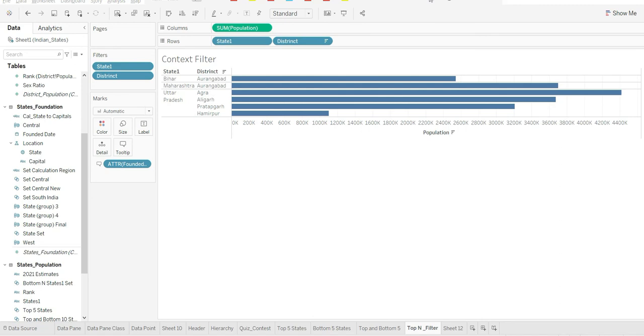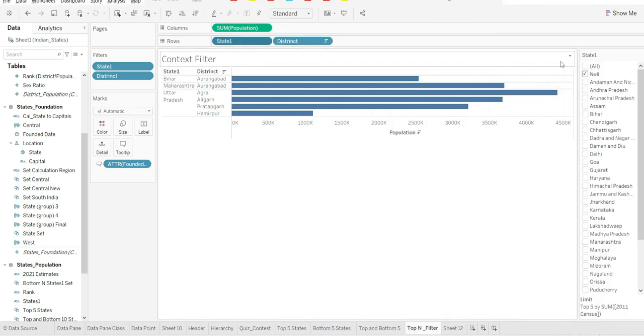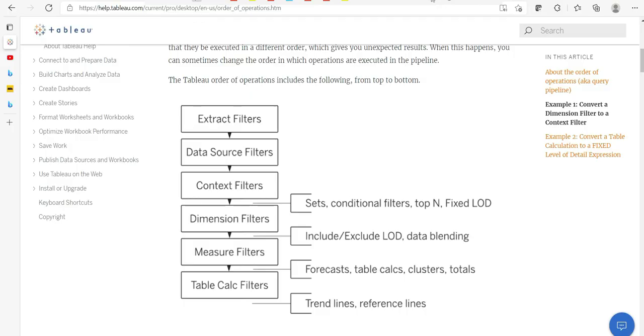But why is it happening? Because the problem is that I want to have a filter over there, and if I select a particular state, I should be able to see the top five districts, right? But what is happening? It is taking the overall districts first, and then we are going for a state, right? And the problem is the order of operation that you should understand. So this is the order of operation.